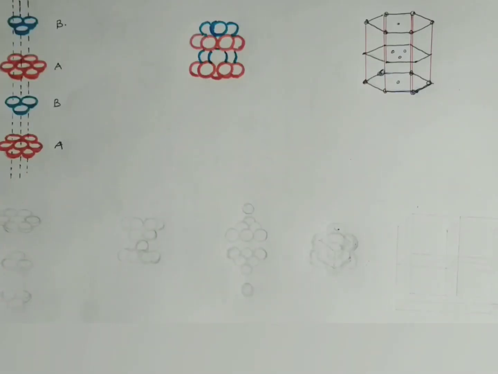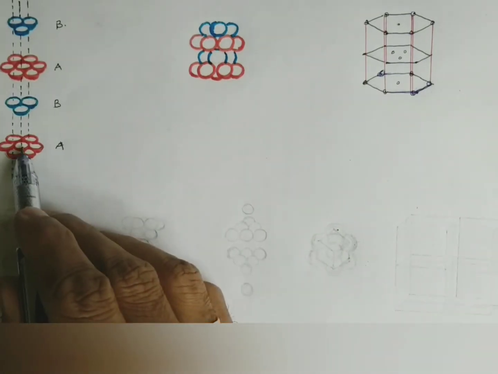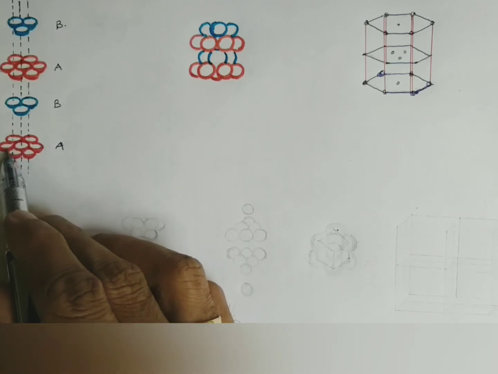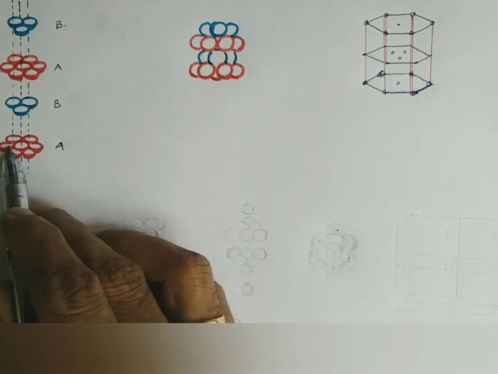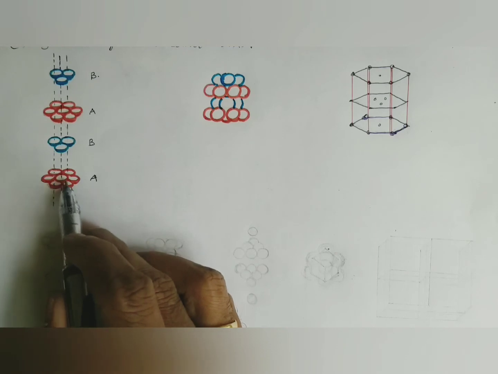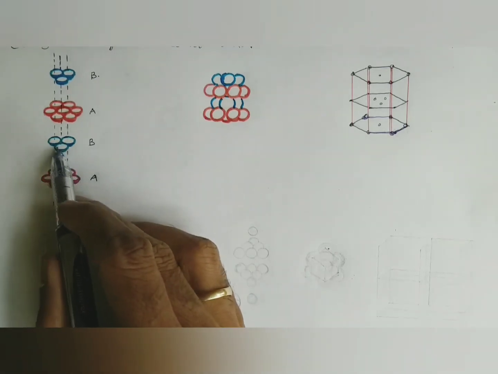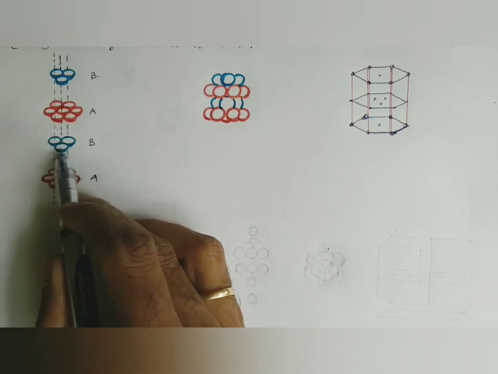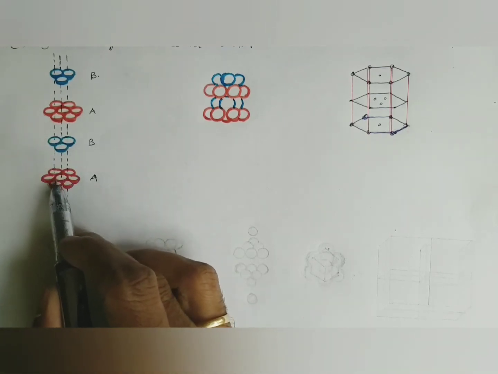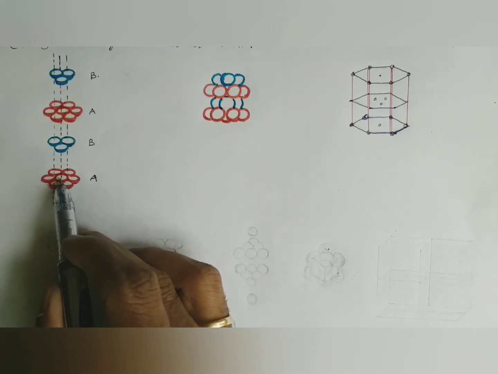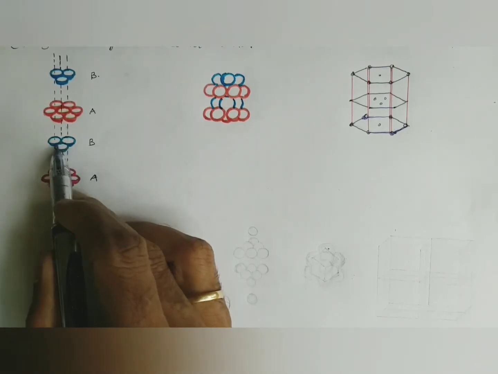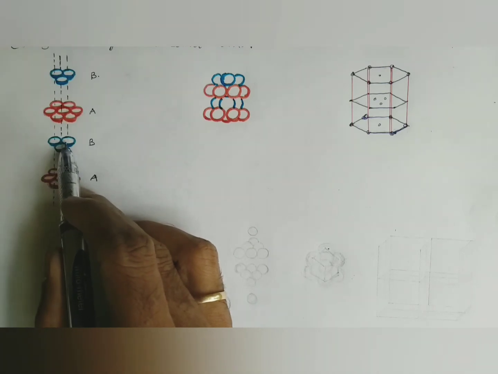Now we'll see the coordination number in hexagonal close packing. If you consider this atom in the first layer, that is surrounded by 6 atoms. So it is touching 6 atoms within the same layer. Similarly, 3 atoms in the upper layer, because these 3 atoms are laid in the alternate trigonal voids created by the first layer of atoms. So this atom will be in touch with all these 3 atoms present in the second layer.